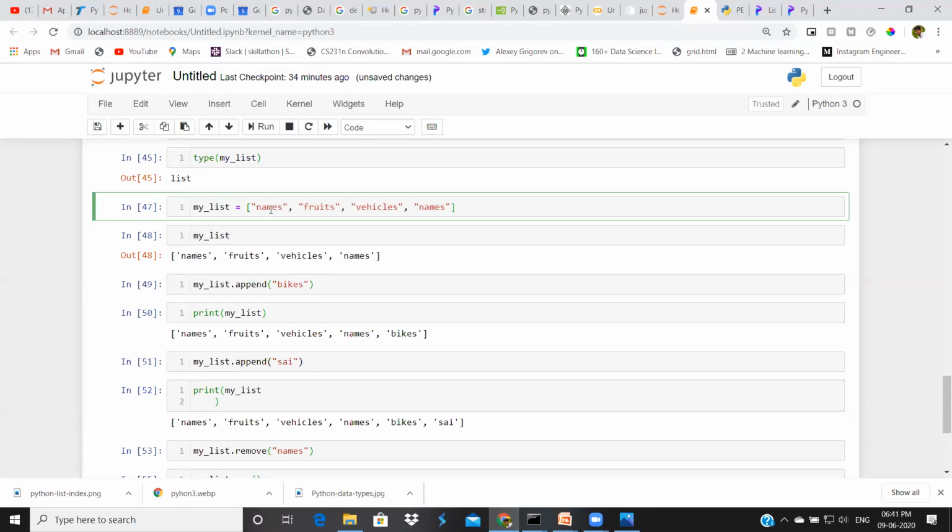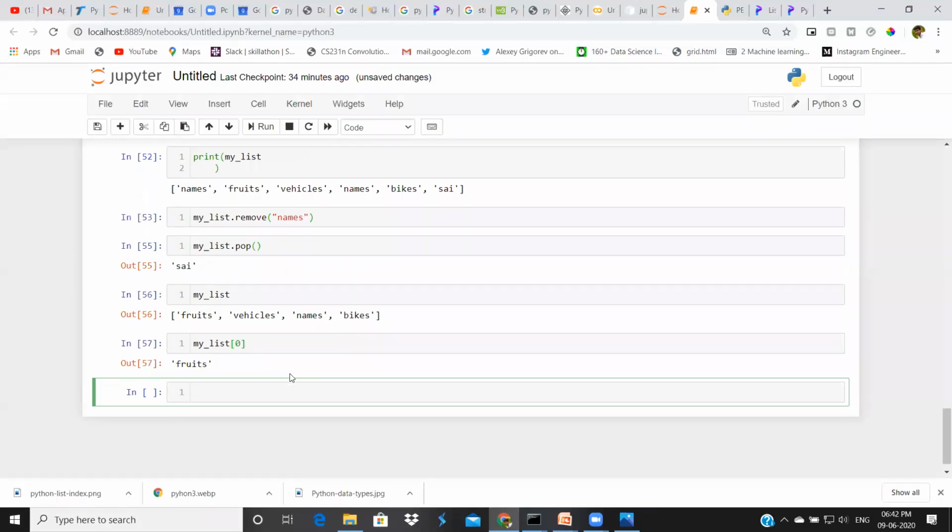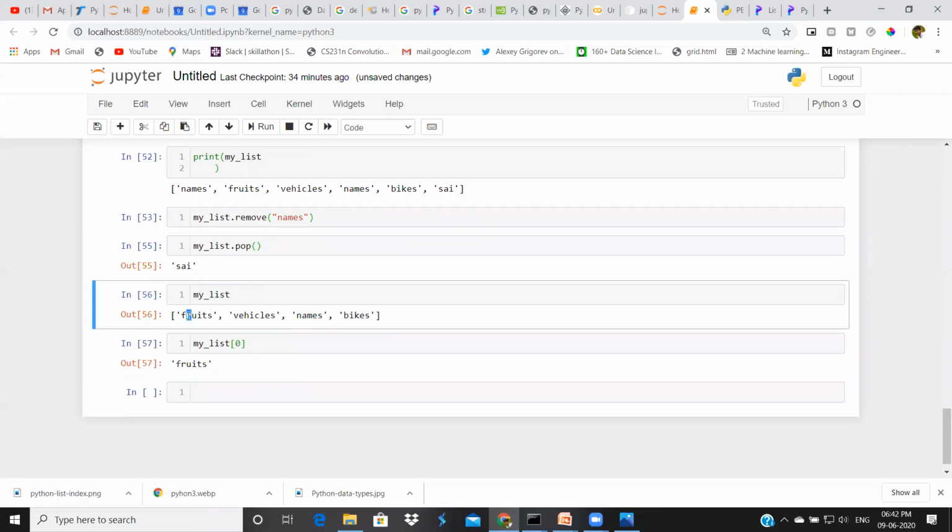In a string, the first letter comes under 0 index, later it will increase to 1, 2, 3, right? In the same way, a list also has index from 0 to n. For suppose if I give my list of 0, I'll get fruits. Why? Because fruits is first, and index starts from 0.